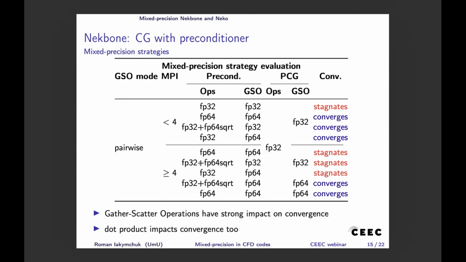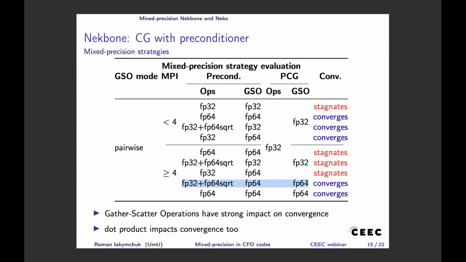In reality, what we found is that global operations like dot products and gather-scatter operations that require some parallel reductions need to be done in higher precision, while the other CG computations, as well as application of the preconditioner, can be done in lower precision, and that's our sweet spot. We also discovered that the square root has to be done in higher precision, and then we were able to have very good